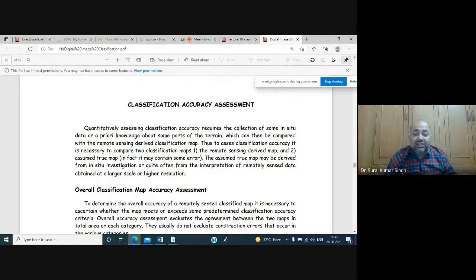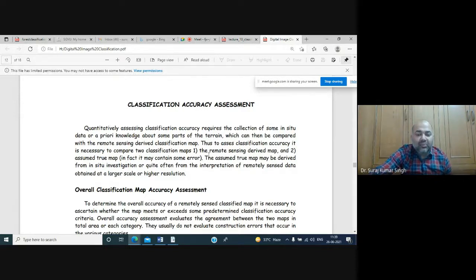Now whenever you are classifying an image, you will get an output, whether generated through unsupervised or supervised classification, and that depends on the accuracy. What is the accuracy? Anybody will ask you, okay, you have used this technique, but what is the accuracy of your classified map? How would you calculate whether the signatures that you have taken and the image that you have classified are accurate, or what is the amount of error induced in that classified image?